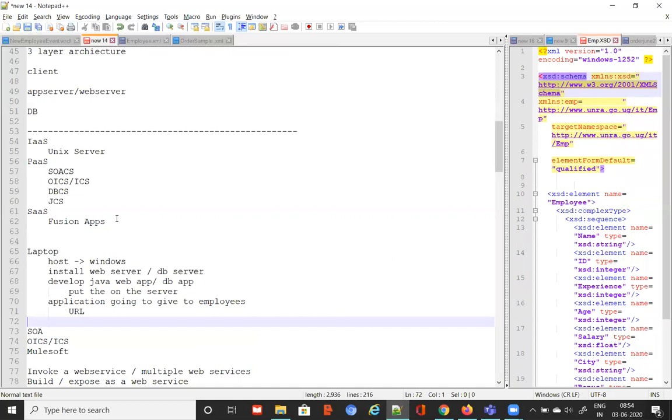Why will they provide? No, they will only provide this one. That's the whole purpose of buying this one. You don't need to deal with all these things. Oracle will say, you just take this one. I will manage internally your WebLogic server, your applications, your Java code, your ADF code. It is my headache. You don't worry. You just take the URL and use it.